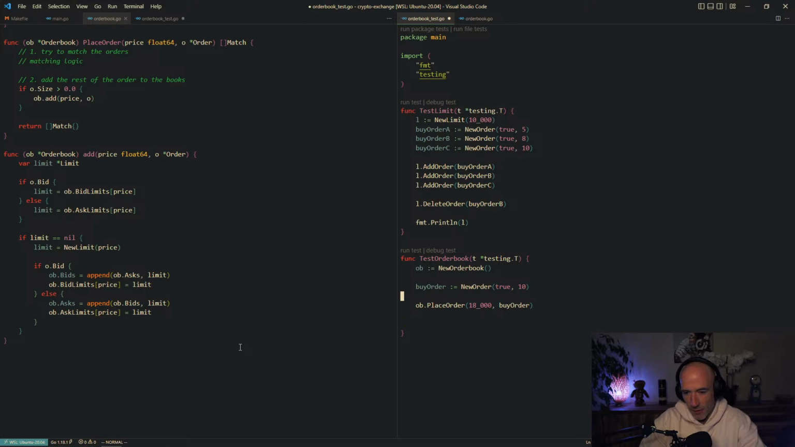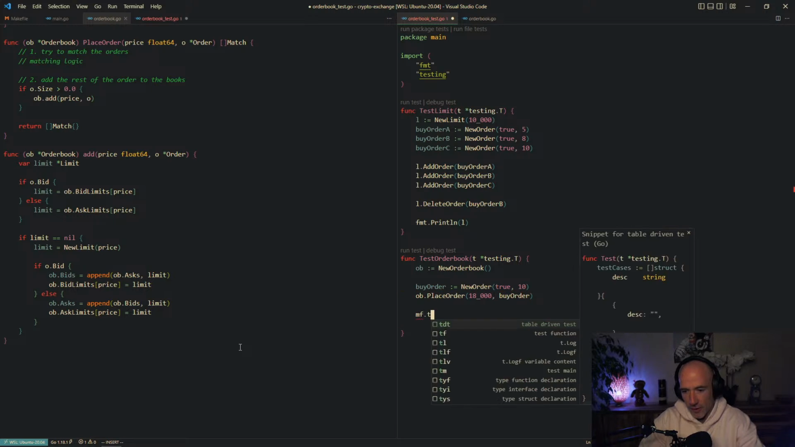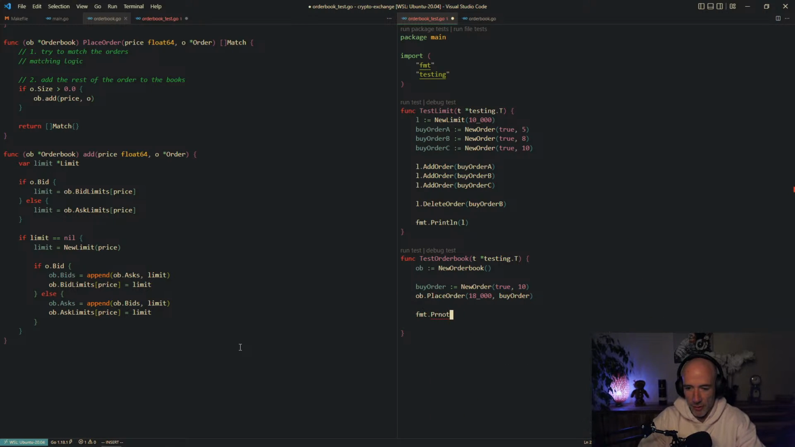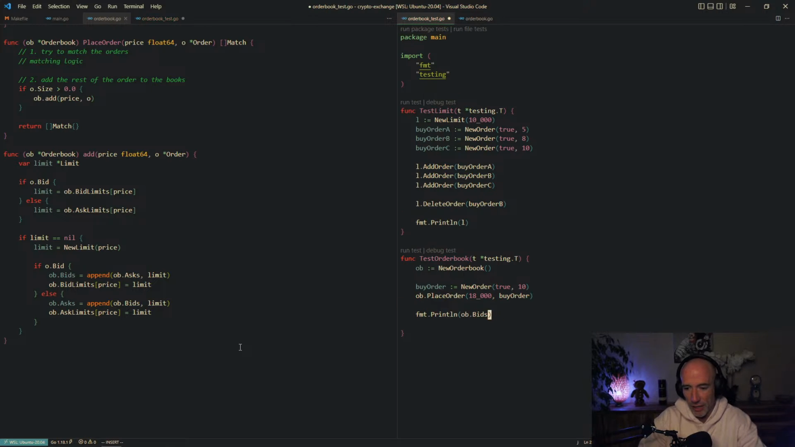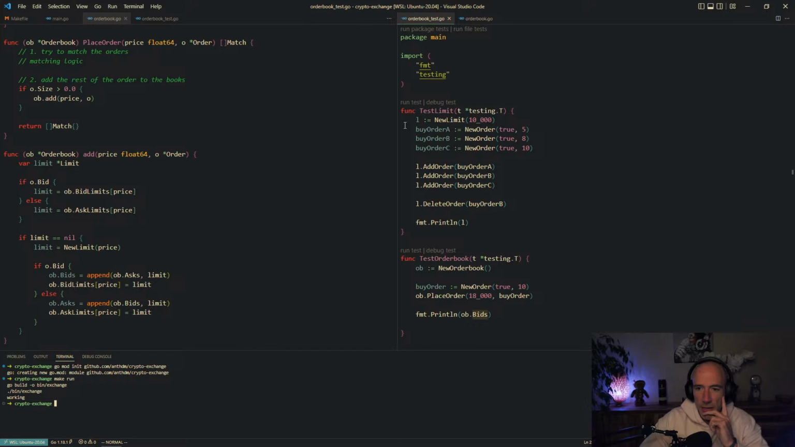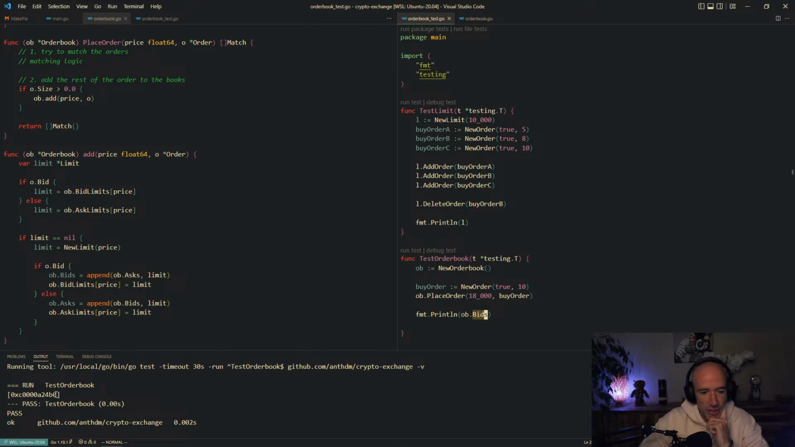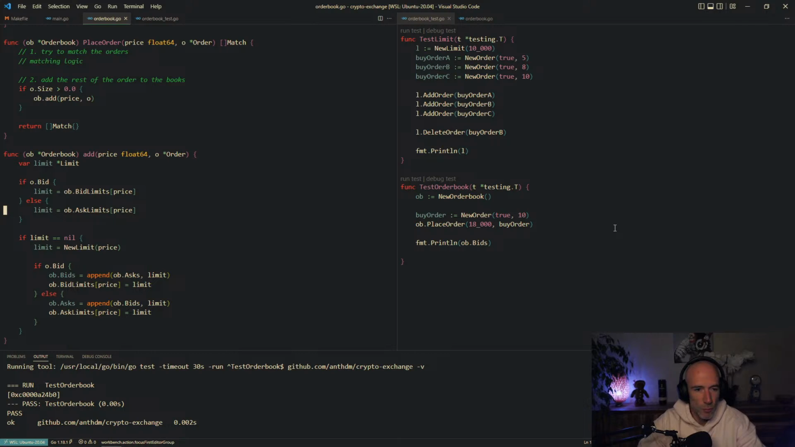And let's see, we can debug this inline. OB bits 0. Actually, we can just do bits, but it's gonna return some pointers, right? So you see, what we could do